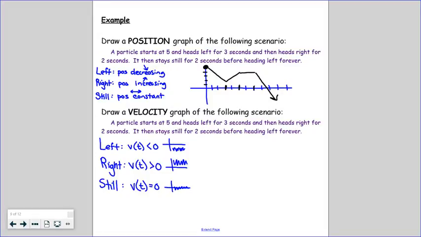Now, how far to go on each of those? We have no indication because they don't give us any other positions or how far left or right it moves. But you have to have the same slopes in those sections. And it didn't have to be straight lines. It could be curves, again. But you have to have the same concepts covered there. So moving that then to our velocity graph,